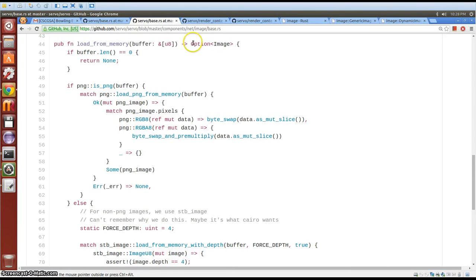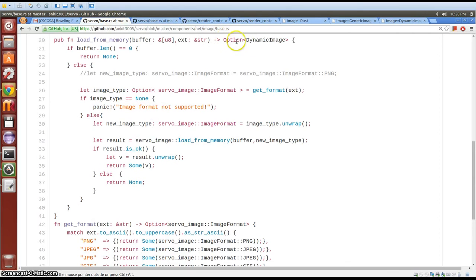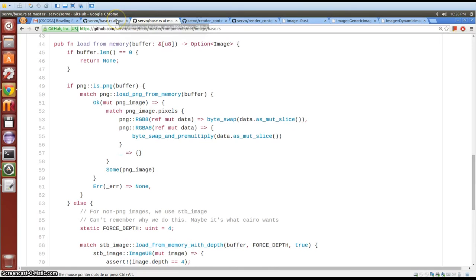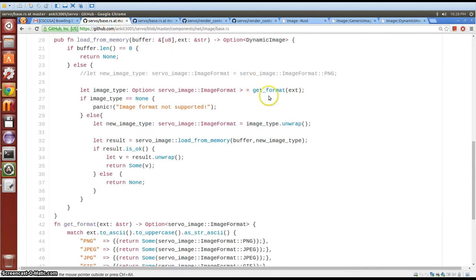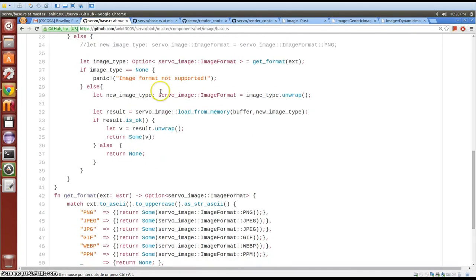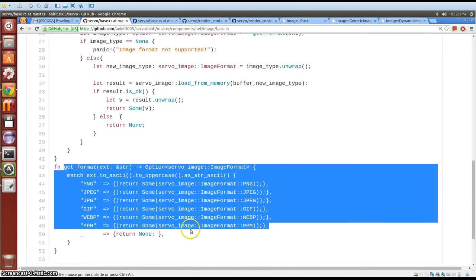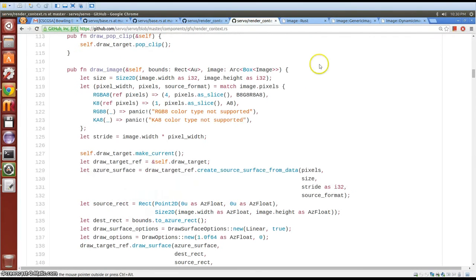The old library was returning a PNG image enum, whereas the new one returned a type called dynamic image. The parameters accepted by both functions were also different. The new library function required the image format to be explicitly passed as an image format enum. To do this, we created a new function getFormat where we extracted the image format using the file extension derived from the image URL. Since the image return type has been changed, we had to make several relevant changes in other files as well. We changed the image type in these files to dynamic image, which brought up a few other issues we had to handle.